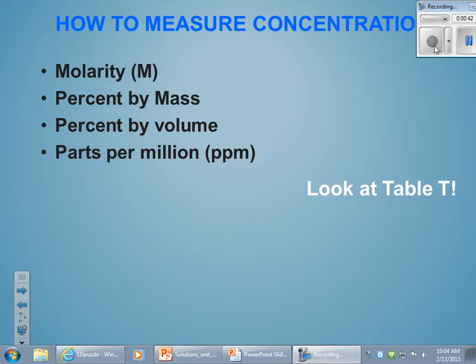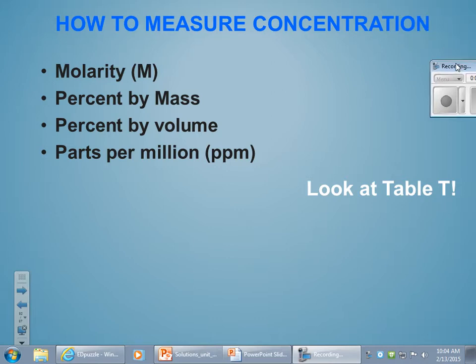We have different ways of expressing how concentrated a solution is. So in Regents chemistry, we'll talk about molarity, which is represented with a capital M. You could look at the unit for molarity on table D. Parts percent by mass, percent by volume, and parts per million, which gets a little unit of ppm. Again, the units are represented on your units chart on table D. If you ever forget what the units are that go after it,